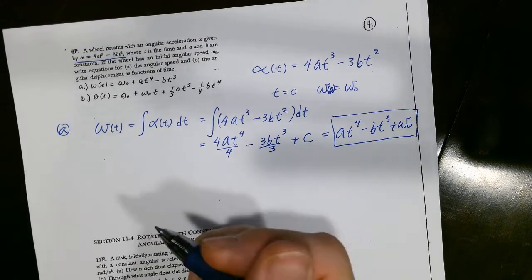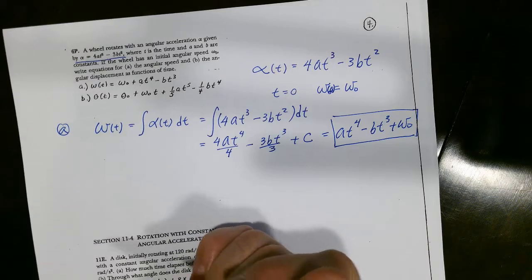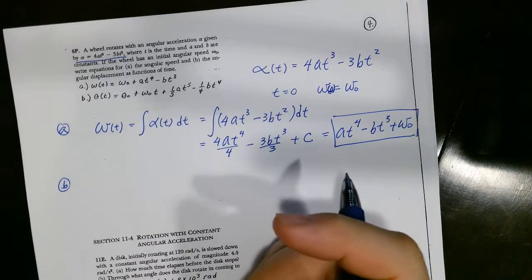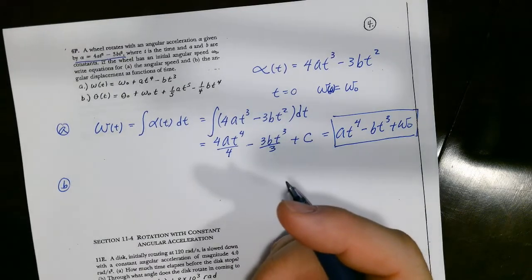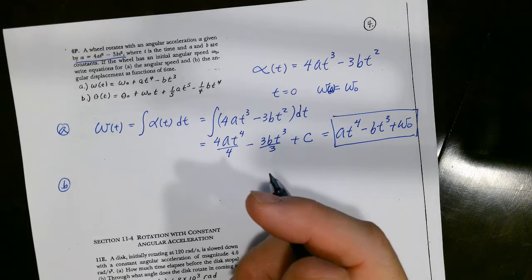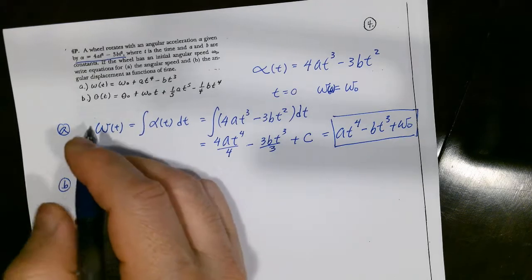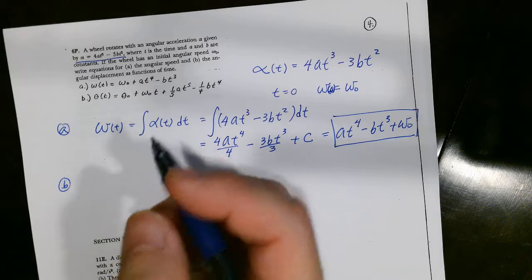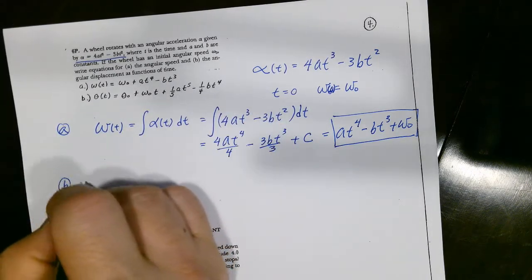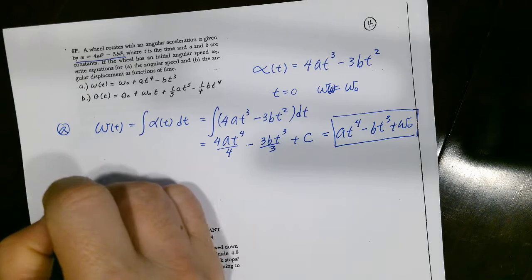All right, so what about B? For part B, the angular displacement is a function of time, right? So angular displacement is basically delta theta. So let's find the position first. If you find the position, so omega